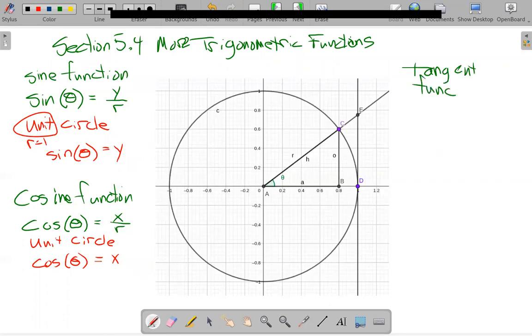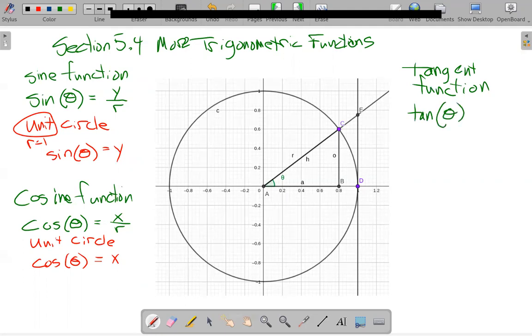And the sine, cosine, and the tangent function are the most important ones. And there's 3 other ones we'll get to a little later. So the tangent function is defined in a couple of different ways. On the circle, the tangent is the ratio of the 2 points, so the x and the y value. So the tangent of the angle